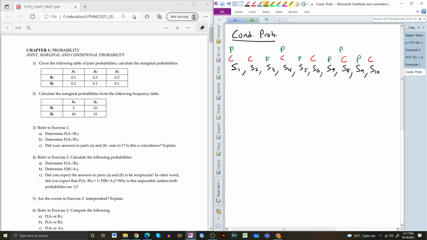In a class there are 10 students. Out of 10 students, how many of them have curly hair? 1 2 3 4 5 6 students. The red color is curly hair. And how many of them wear spectacles? 1 2 3 4 5 6 7. And how many of them have curly hair and also spectacles? 1 2 3. Okay, the green color is wearing spec, the red color is curly. All right,